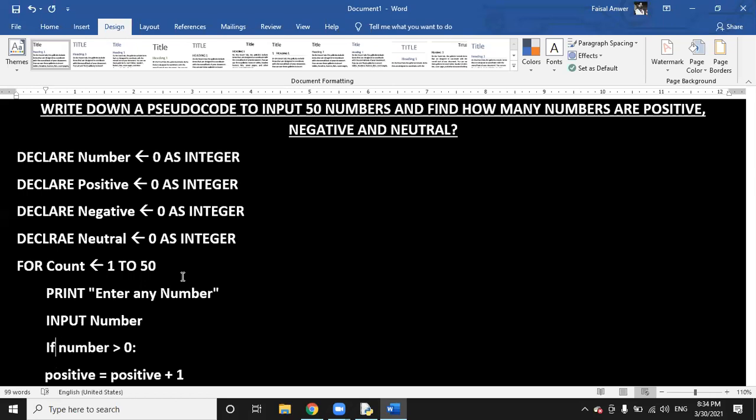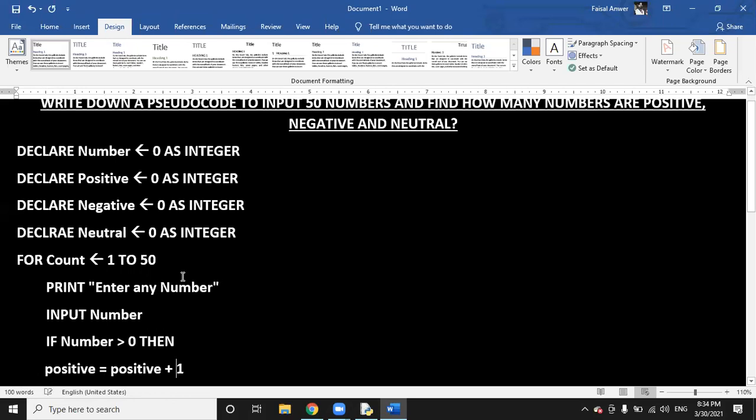Then if number is greater than 0, then positive is equals to positive plus 1.